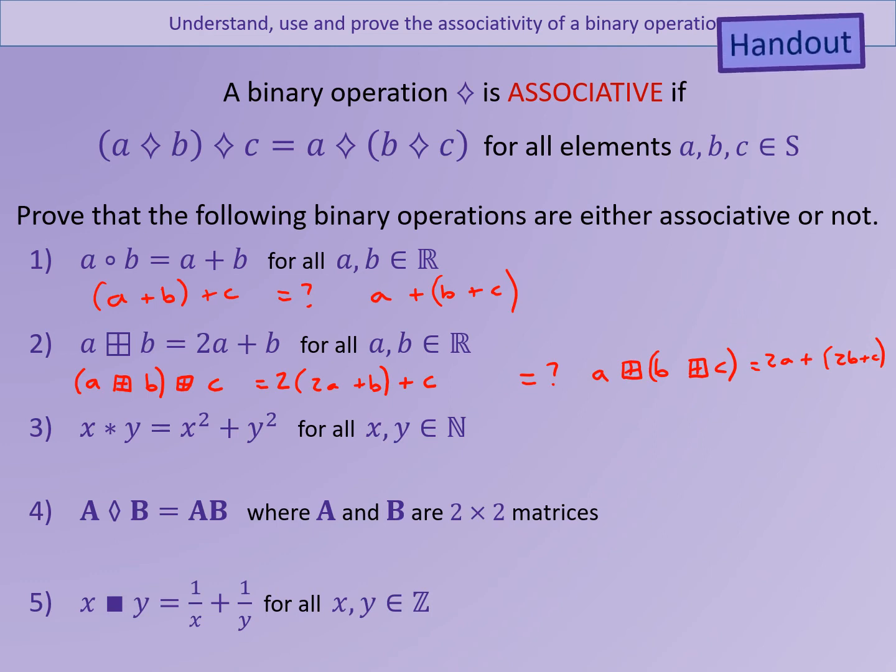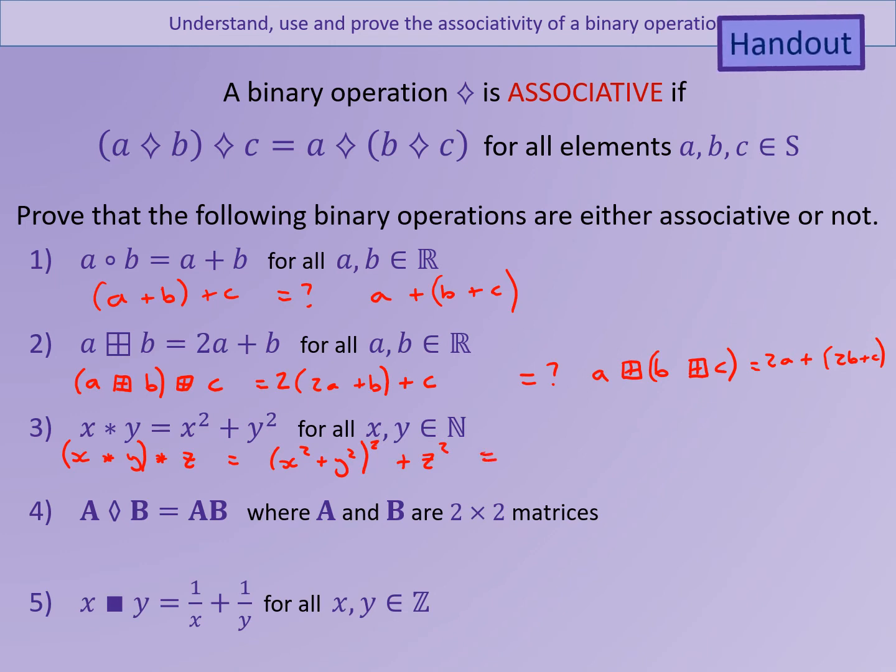For the third one, we've got X operation Y is X squared plus Y squared. So if we were to do X operation Y operation Z, or A, B and C, it doesn't matter which ones we use here. If we were to put the brackets around the X and the Y, this would first of all involve finding X squared plus Y squared. We would then be performing that operation with Z, so we would square this answer and add Z squared,